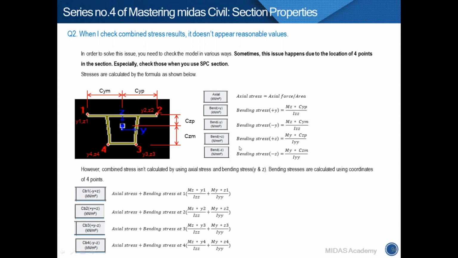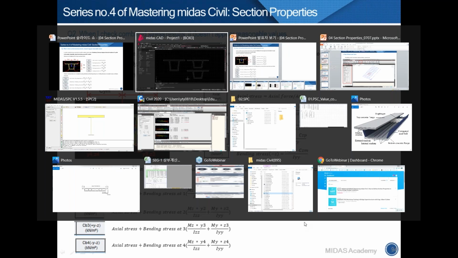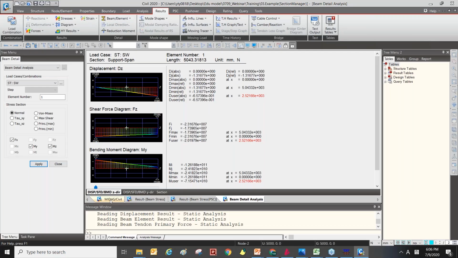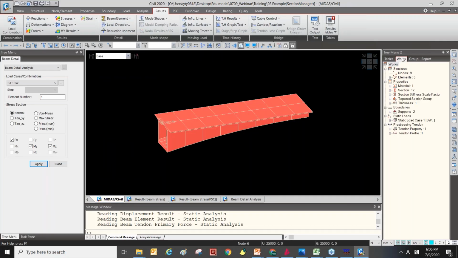As you can see, to calculate bending stress for the y-axis, it uses the CYP. CYP means the distance between the centroid of the section to the outer section.